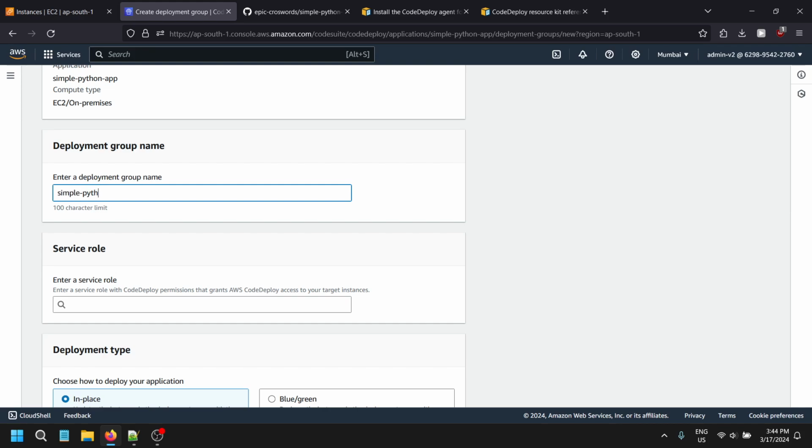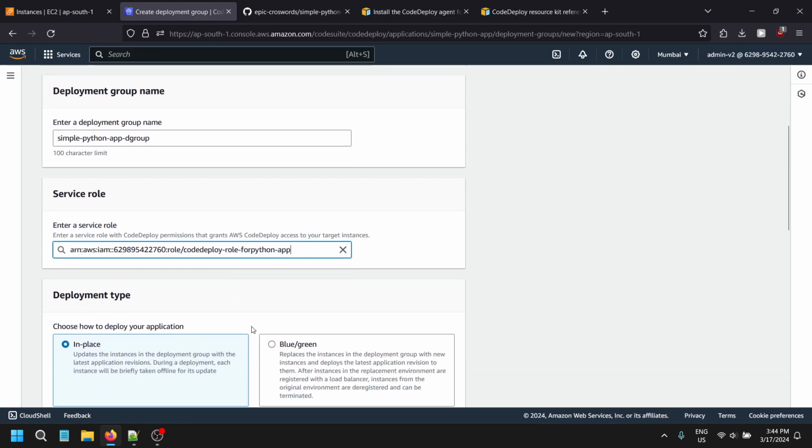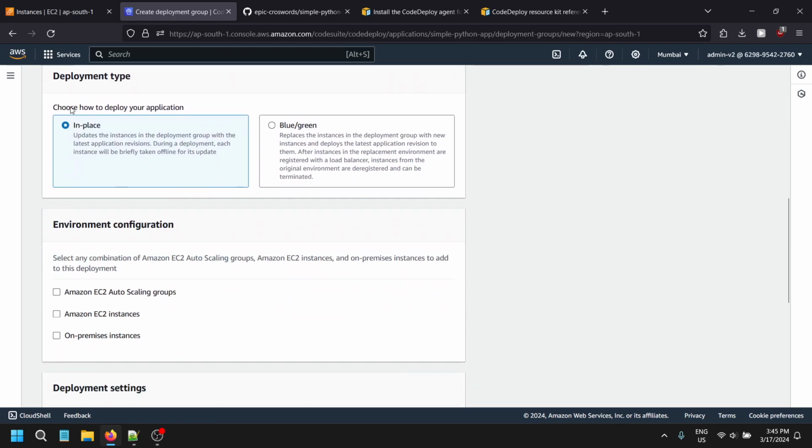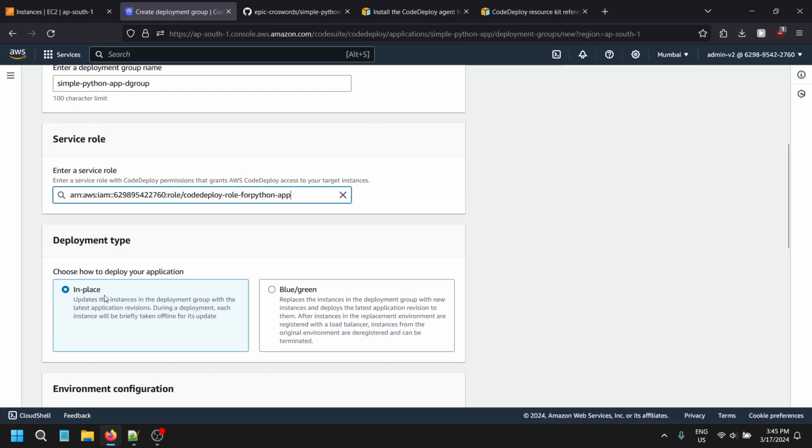Simple Python app deployment. DP group, we can say deployment. Okay, you can name whatever you want. Okay, so we have created this role just now. In the IAM role itself, we have selected the permission for the IAM, so we can keep in place currently